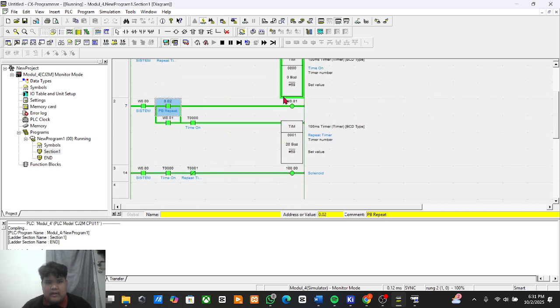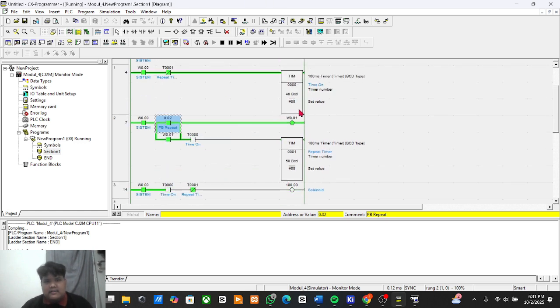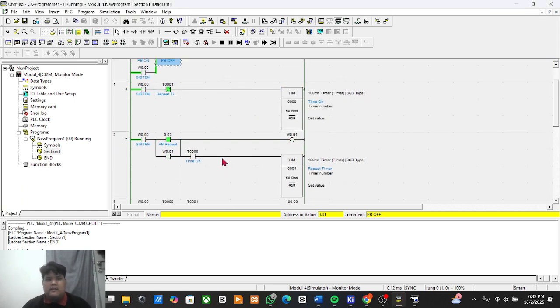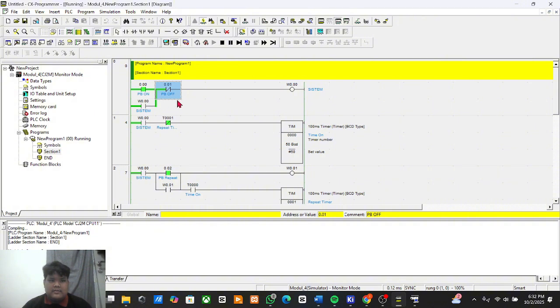The solenoid will be on when this timer is on, like 5 seconds. See, when this reaches 50, the system will turn off. Okay, and then we turn off the system again. The system is off when we push the off button here.